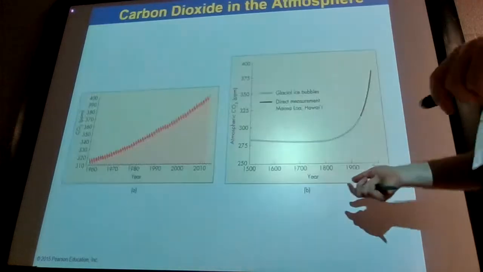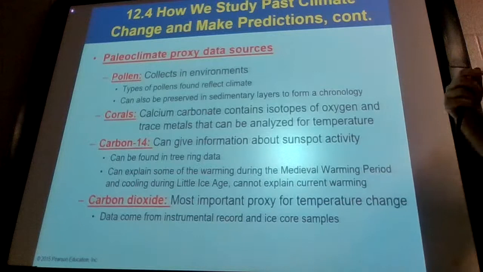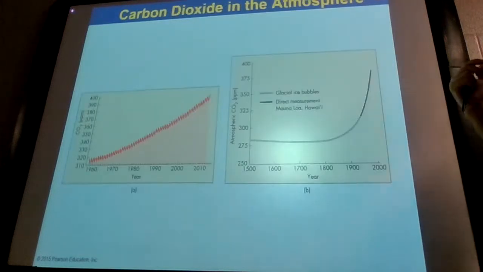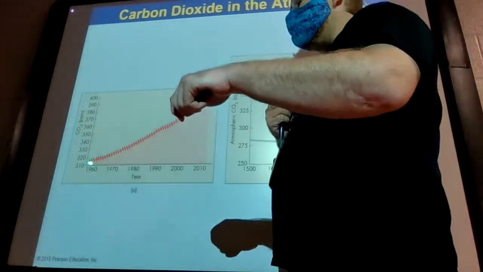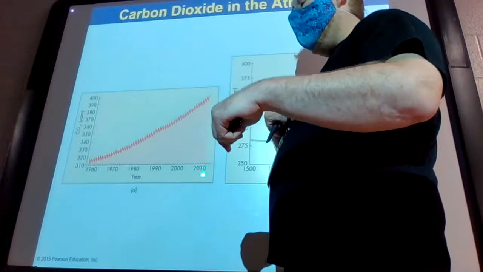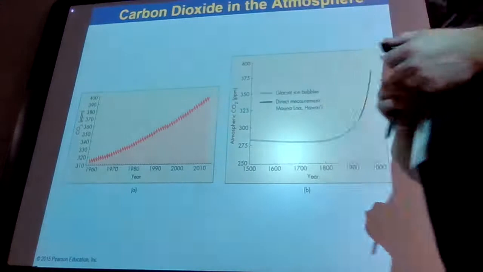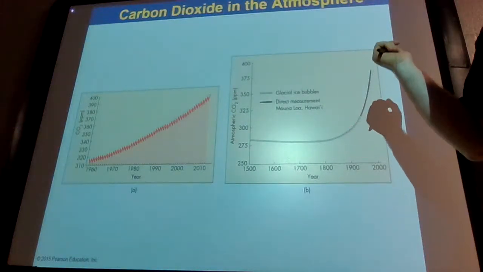And then carbon dioxide levels. Obviously, we are interested in carbon dioxide levels right now because of its effect as a greenhouse gas. And so we would like to go back and see what carbon dioxide looked like in the past. So here is a good map right here of CO2 levels that we have directly measured since 1960 all the way up to 2010, maybe 2011, it looks like. Before 1960, we didn't really have the instrumentation to measure CO2 levels, but now we do.